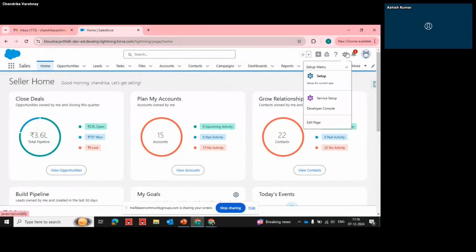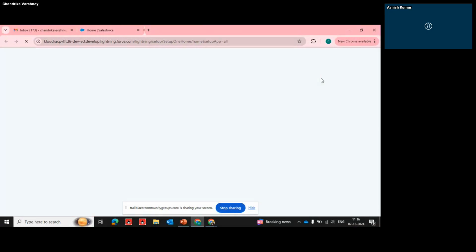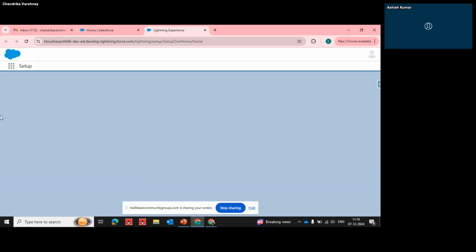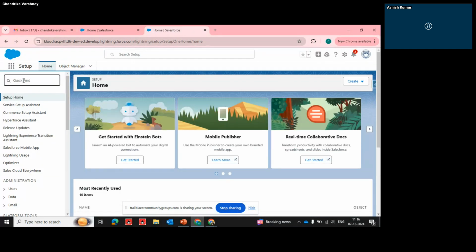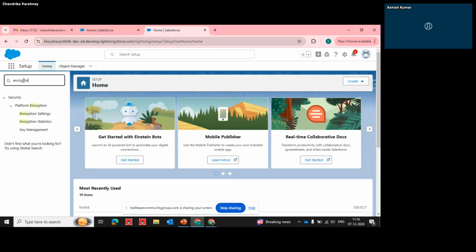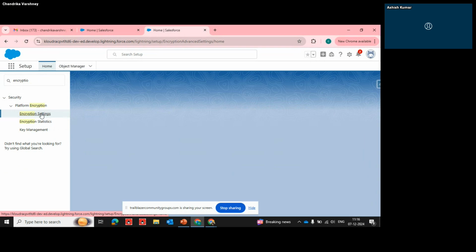So to implement platform encryption, just come to Setup and type here encryption. Here you are seeing the platform encryption settings, encryption statistics, and key management. First, you need to enable this. This is a demo org. I have already mentioned that platform encryption is freely available in a developer org. So when I click on the encryption settings,